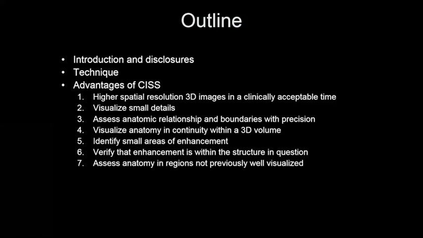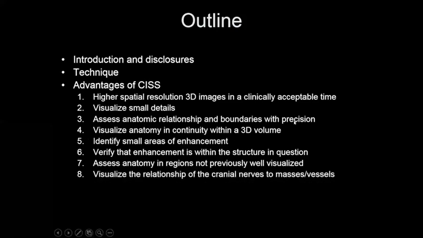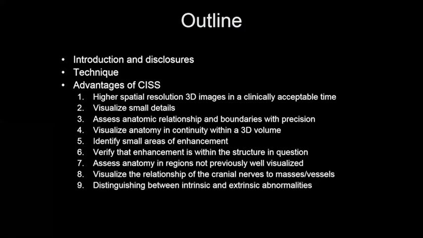We can use this technique to extend the anatomic area that we have been able to assess in the past and find areas of abnormality outside of the range of the regions that were previously well visualized. And we can look with this technique, and this is critical particularly for operative planning, at the relationship between the cranial nerves and masses or vessels, and we can distinguish between abnormalities within or outside the structure. And of course, this aids us in clarifying the anatomic structure of origin of a mass, and for that reason,